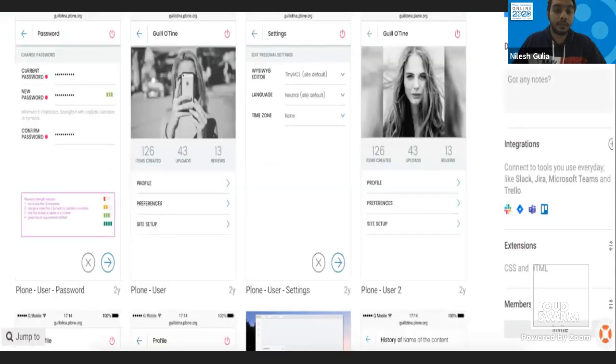So this is how the current designs in Volto look. In the talk, Victor gave us new insights about how Albert designed the new Volto designs, and I'm pretty excited to see them. But right now we use these designs, which are also designed by Albert, and they are pretty awesome. We use this in Volto right now.